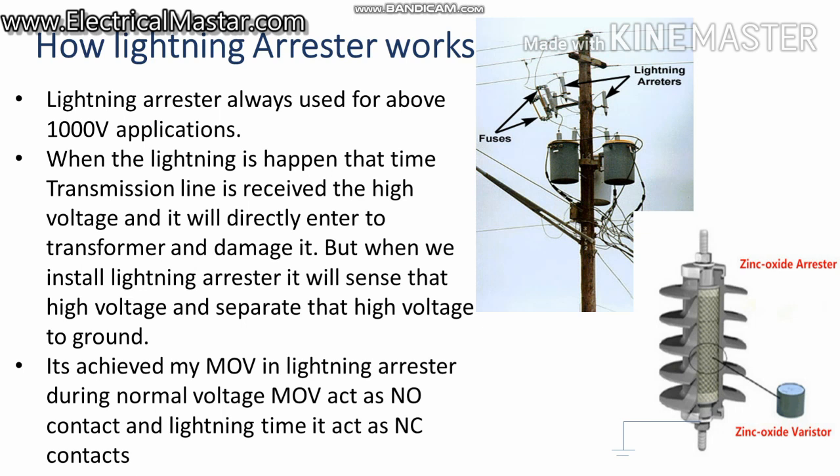At normal time the voltage level is at its default, the rated voltage, and this varistor keeps a high resistance between the two terminals. Whenever the voltage or current is very high, the varistor acts in reverse. Immediately it reduces its resistance and acts like a perfect conductor, so that the high voltage and current directly enter the lightning arrestor and go to the ground. Okay, now you understand how the lightning arrestor works.